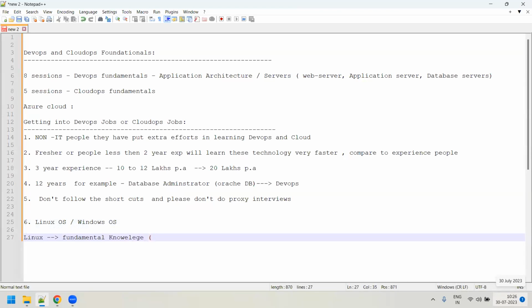For example, on Linux servers, what are the different types of Linux servers available? You should have knowledge of that. And also you should have knowledge of your commands. Oh, sorry, commands, not command lines, although you need to learn the command line too. You need to understand what terminals are, and what virtual terminals are. Though it's a very simple thing, I'm just telling you about virtual terminals. You need to have knowledge of commands.